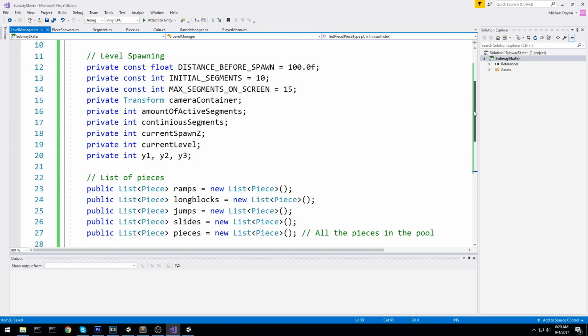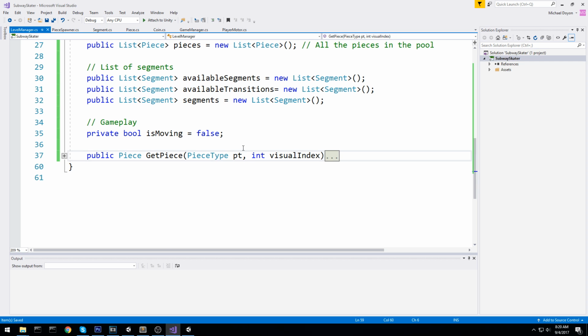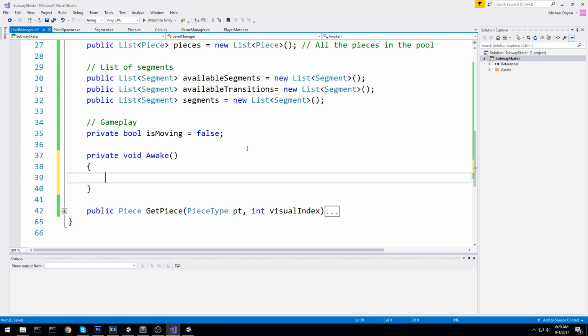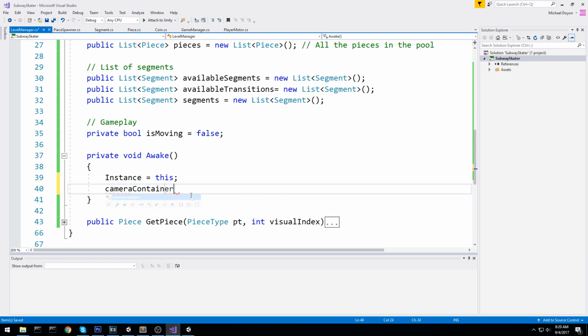Alright, so we have all these wonderful fields. It's time to actually put some work into this script. We're going to start with, of course, an Awake. Why am I doing an Awake, not a Start? It is simply because we need to say instance is equal to this, and this way you don't actually mess up anything else. While we're at it, we're going to say camera container is going to be equal to the main camera, so